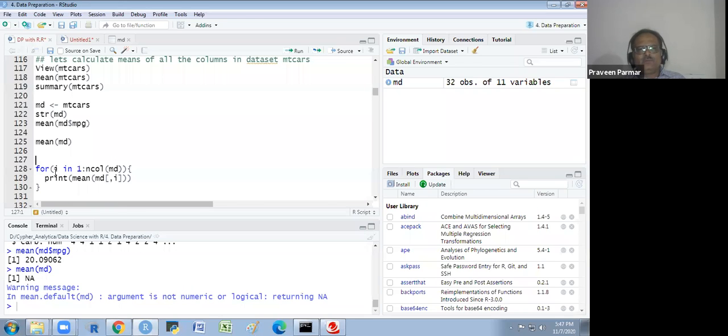In the for loop, what we write, i is the position here. i in 1:ncol. We have the ncol, 11 columns of the MD. So first it will run on the first column and give us the output, then this function will run on the second column and give us that output. In this way, it will give us the 11 outputs. Got it? A loop is iterative in nature. First it works for the first, then the second, then the third and then the fourth. Does that make sense to everyone?